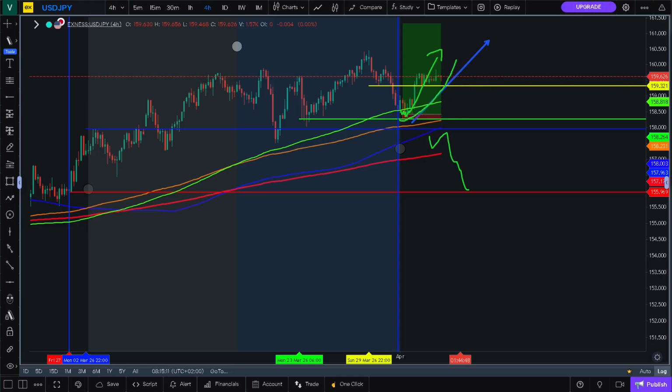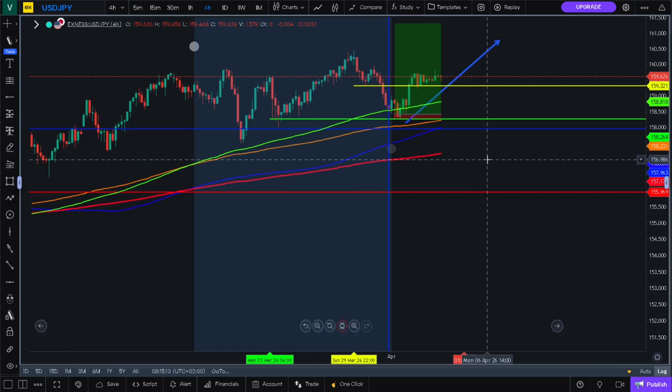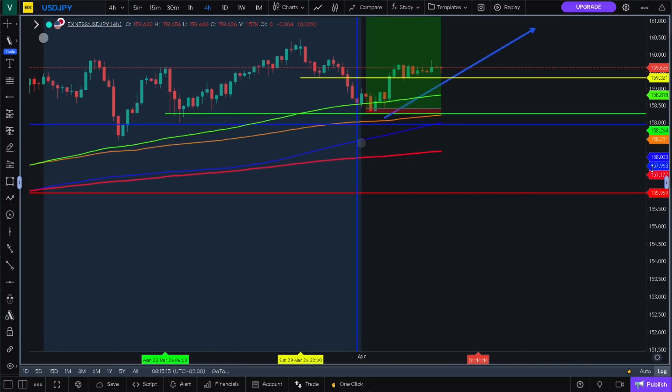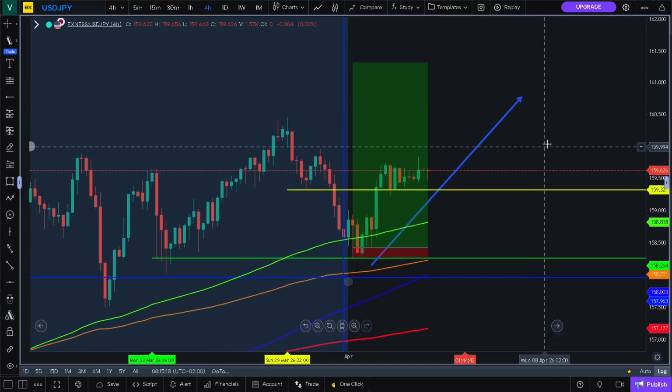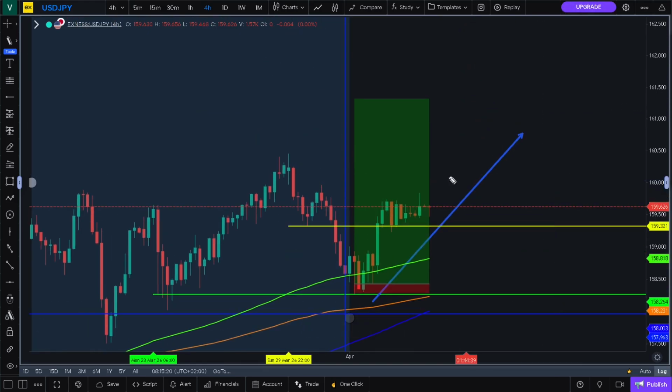Now, what do I expect? This is the current state of the market in the US dollar and the Japanese yen. Let me zoom in. After zooming in, we get to this. Now, this US dollar Japanese yen, if it does not go straight above like this and then starts with a pullback, this would rather be a tested level before continuing to the upside.